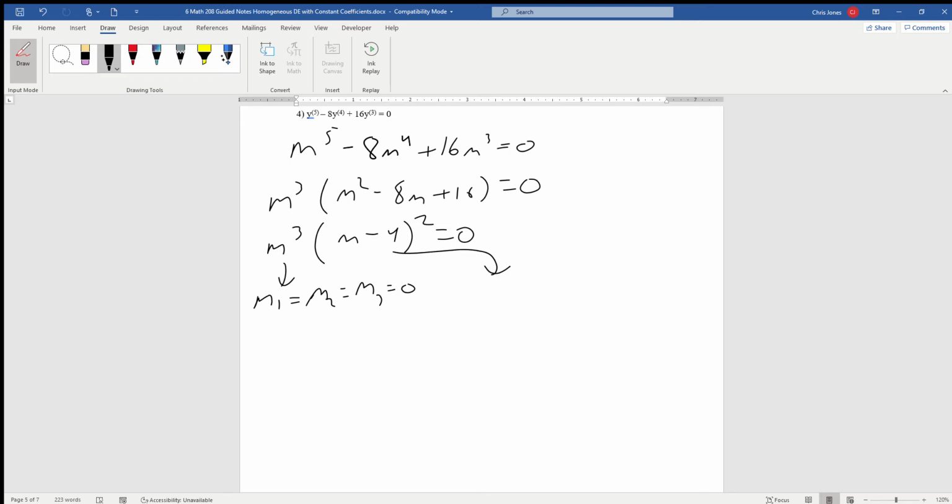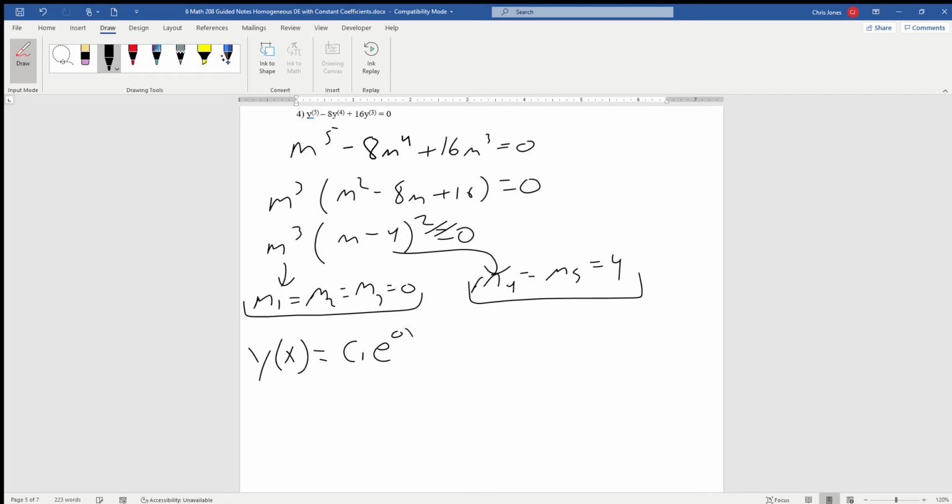And then m4 equals m5 equals 4. And again, that has a multiplicity of 2 because of the square. So here's how we're going to write the solution to this. Now we have two sets of distinguished roots, right? So what we're going to do is we're going to say y at x is going to be equal to c1 e to the 0x, because that's our solution, plus